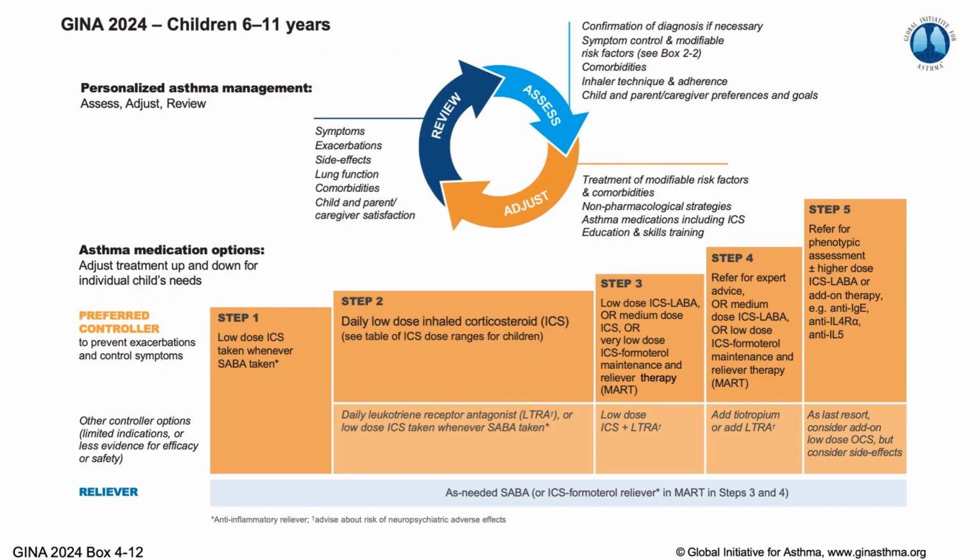So for children who are 6 to 11 years, it will now be simpler if you have understood the other one. Then this is very, very important. As you are treating your patient, this should be in your mind: assess, adjust, and review. So you assess: is your working diagnosis actually asthma? You confirm your asthma, symptom control and modifiable risk, comorbidities, inhaler technique and adherence, children and parent preference and goals. Then adjust treatment, and you treat the modifiable risk factors and comorbidities, pharmacological strategies, and then asthma medication,